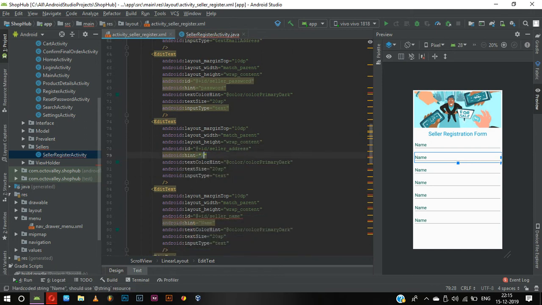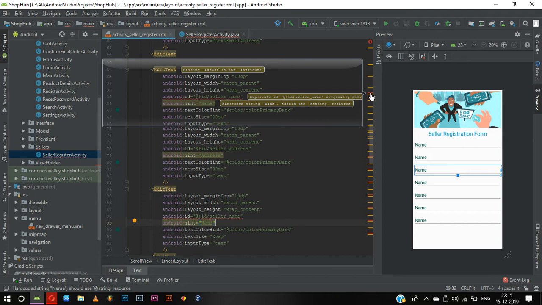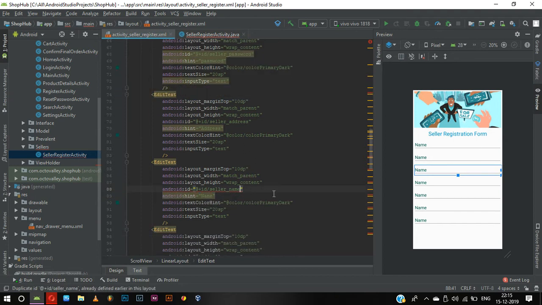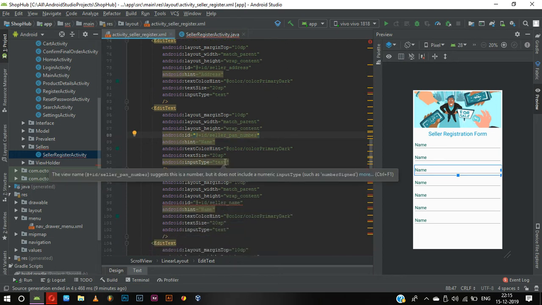So for that again name it as address, and I think it's been error for so many times. For address, after that we need something called code. I think we don't need this. Yeah, we need the pan number, seller pan number, and what else do we need is